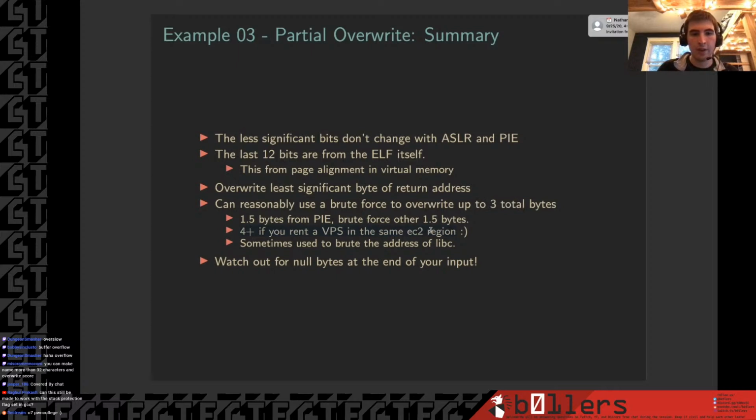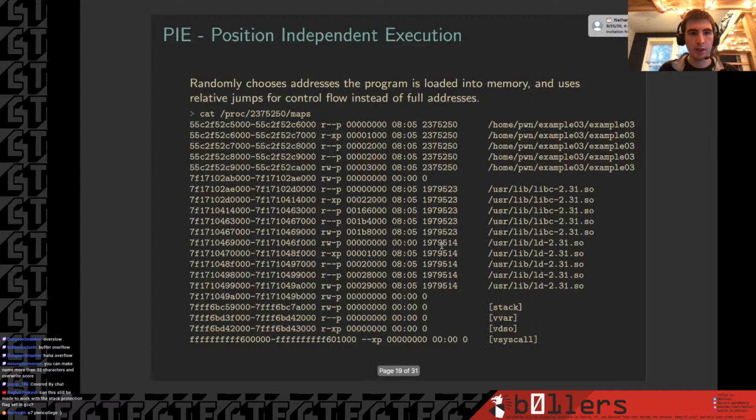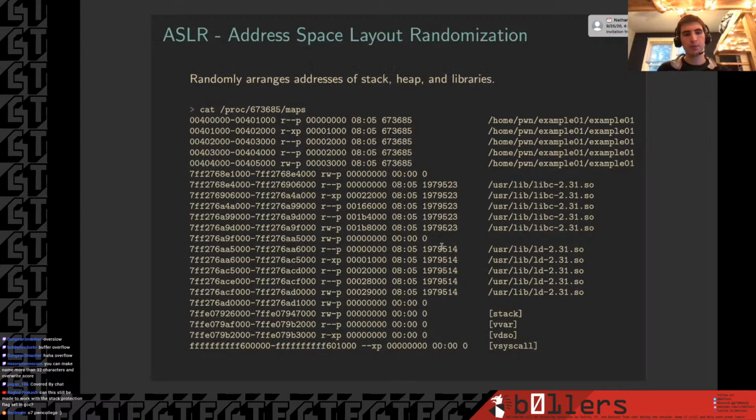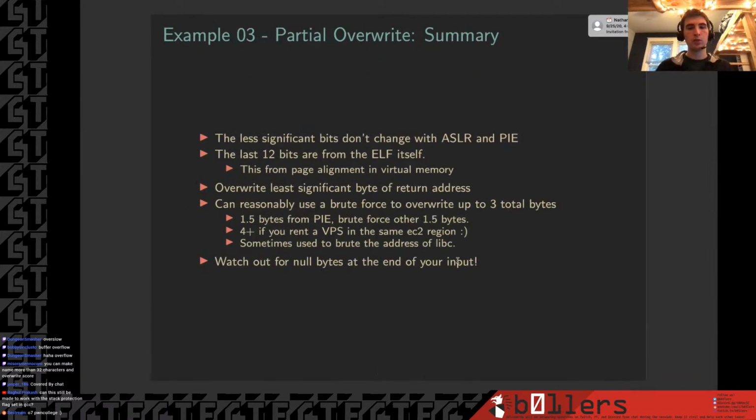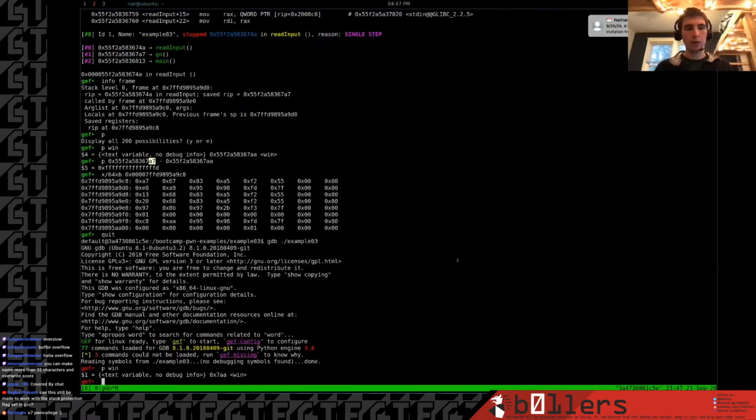And if you run a VPS in the same EC2 region, Perfect Blue does this sometimes, as do other teams, you can brute force 4 more bytes if you're on the same system as the program you're exploiting. Also used to brute force the address of libc, or anything that either PIE or ASLR can both be dealt with via LSB overwrites. The one thing to be careful of is if null bytes are appended at the end